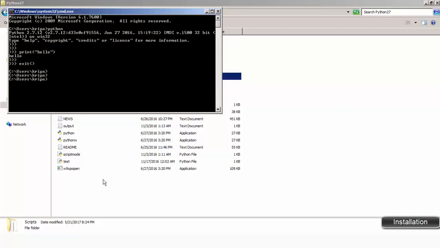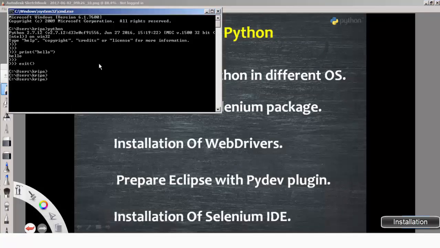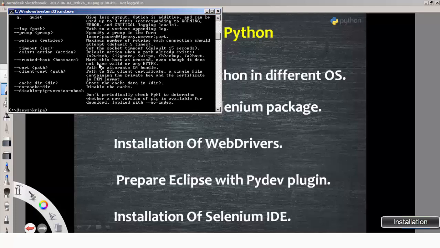It's very easy to install Python on any operating system, and on Linux and Mac OS it's built in. The next point is how we can install Selenium. The second point is installation of the Selenium package. It's very simple. For that you need pip. Pip is a tool to download Python packages. If I type pip here, you can see I'm getting some kind of help text. But if you don't have pip in your system, then you will get that it is not recognized as an internal or external command. After that, you have to use pip install